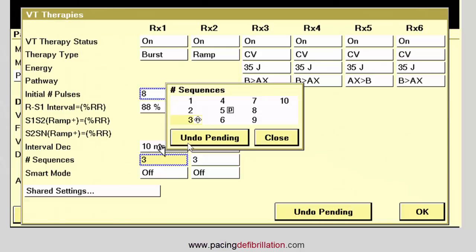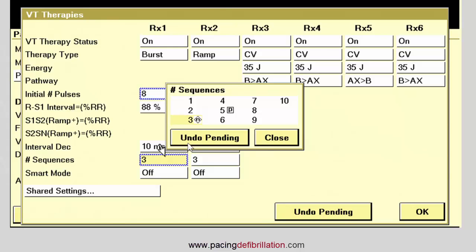The number of programmed sequences varies as a function of the rate of the tachycardia. For tachycardia of less than 180 beats per minute, for example, a large number of sequences can be programmed in order to delay to a maximum the shock delivery for a tachycardia that does not threaten the patient's short-term survival. So, depending on the centers, for tachycardia between 150 to 180, it is usual to program 3 to 6 consecutive